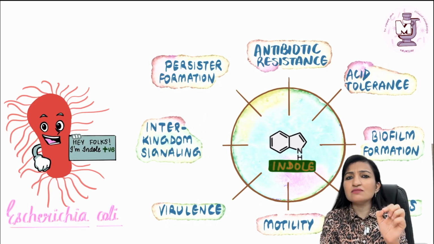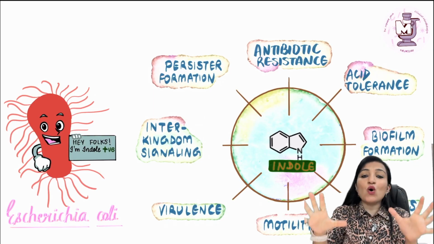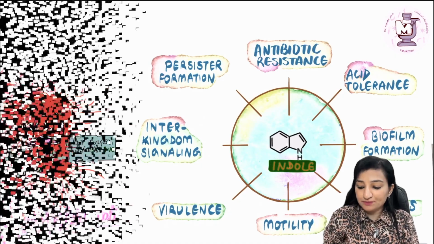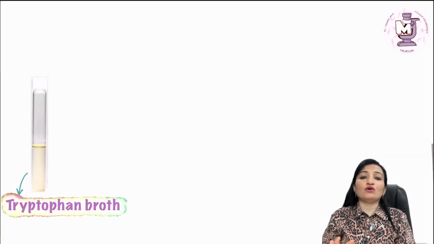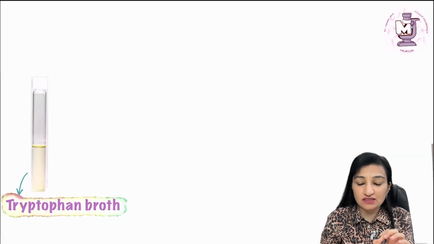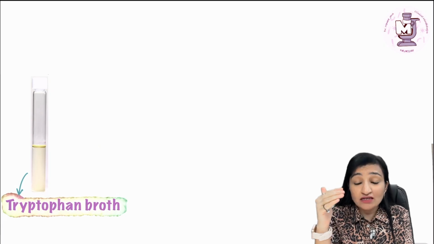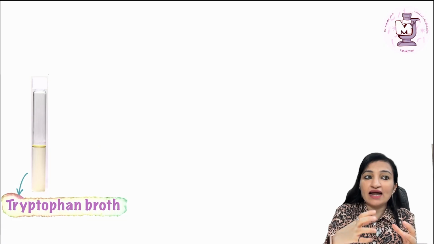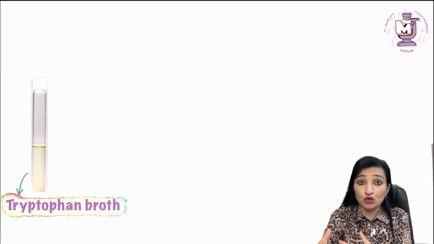So organisms like Escherichia coli and other indole positive organisms get all these benefits by producing indole from tryptophan. So they have their own selfish motive, by using tryptophanase. So this is the principle we have talked about of the indole test. Now coming to the test per se. As I said, the raw material to manufacture indole is nothing but tryptophan. So we have to make the bacteria meet tryptophan, and then we will test whether that bacterium is a tryptophanase producer or not.